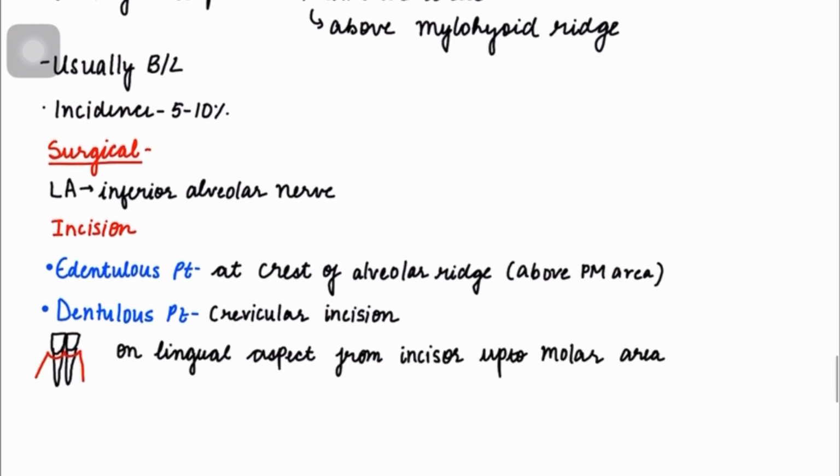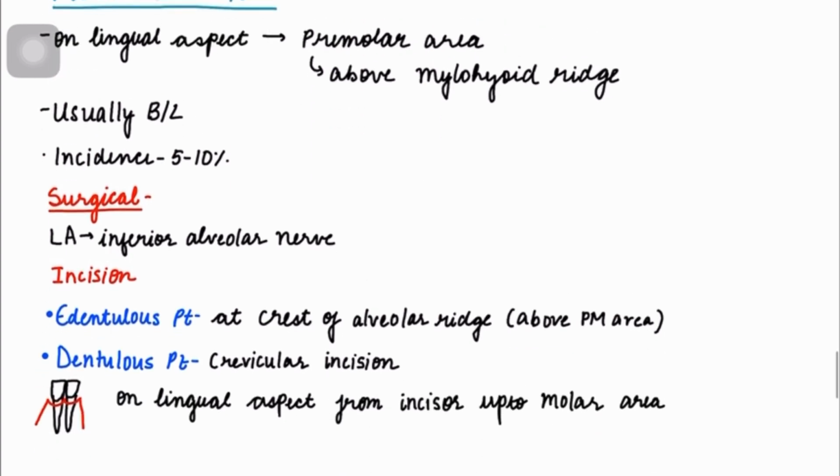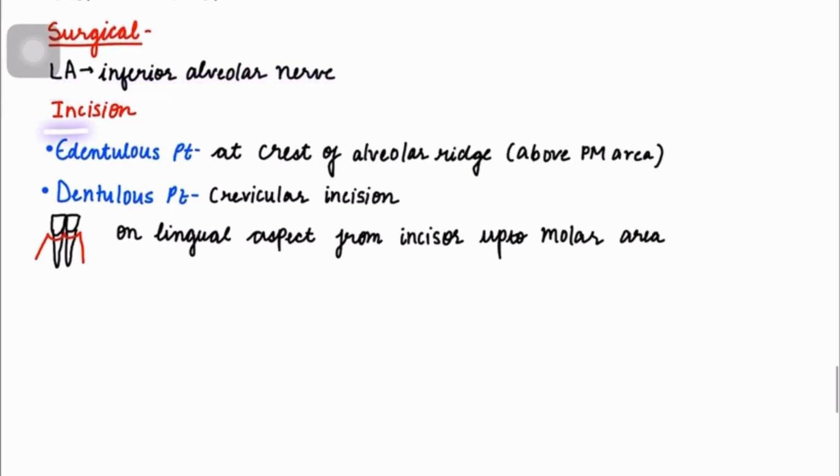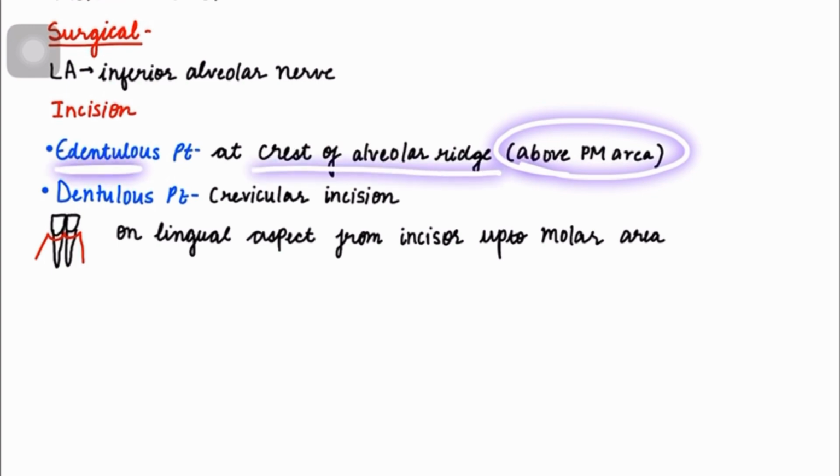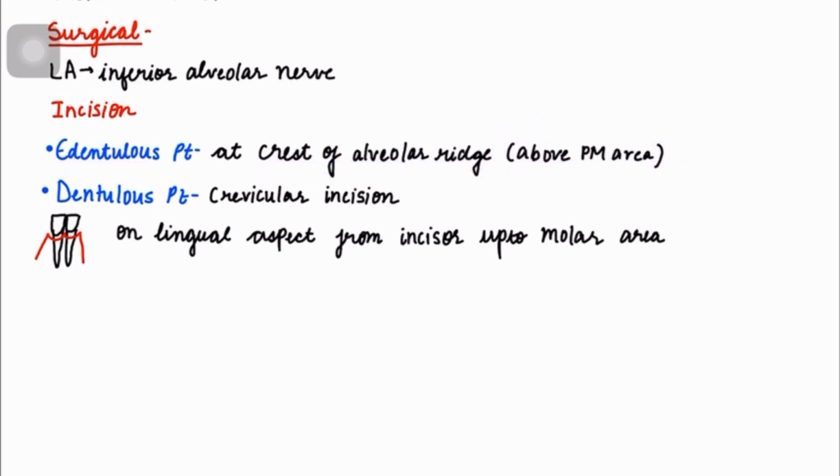So the major difference between these two is the surgical procedure: in this, LA, that is an inferior alveolar nerve block, is given. And then the incision for an edentulous patient is at the crest of the alveolar ridge above the premolar area. So in an edentulous patient at the crest of the alveolar ridge, the mandibular tori is usually more